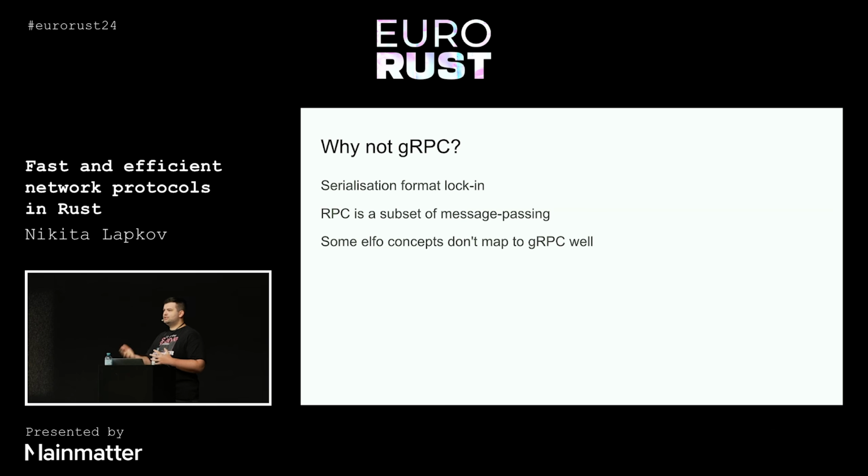So we can emulate messages, but Elfo's messaging system is actually very expressive. It already supports requests, so this is your typical HTTP-like: send a piece of data, get a piece of data back. It soon will support subscriptions as well, and for each of these types of messages, we need to do some tricky things with gRPC to again emulate that. So while we could use gRPC, it would not look